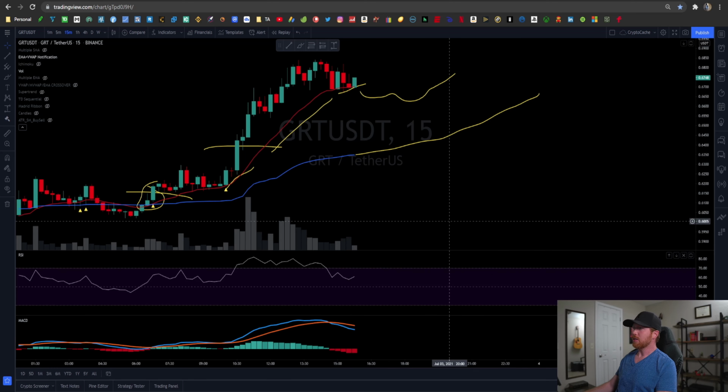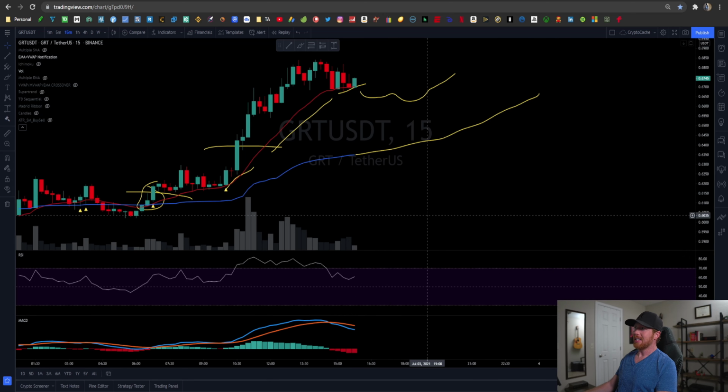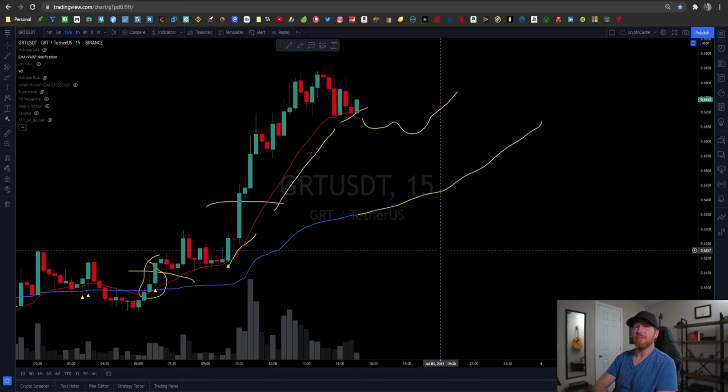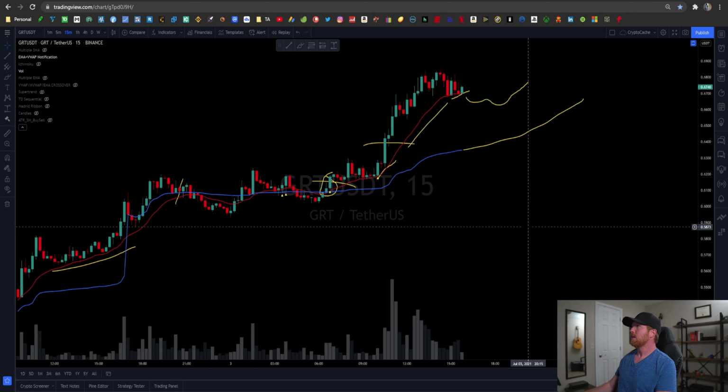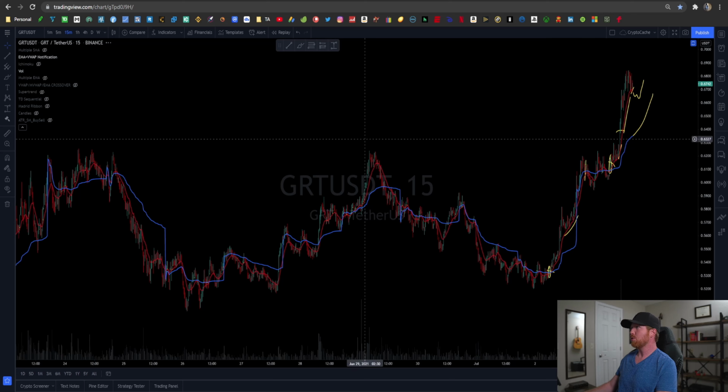Okay, see the RSI has calmed down a little bit more as well, even though we have a divergence here from the MACD. That doesn't matter. Don't even worry about that, because on the 15-minute chart, it doesn't really help us a lot. The MACD, again, is better on larger time frames. Okay. So to me, I would say at this point, still a good entry. I don't think you're too late to the party here.